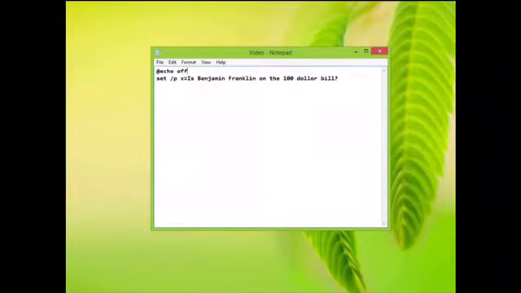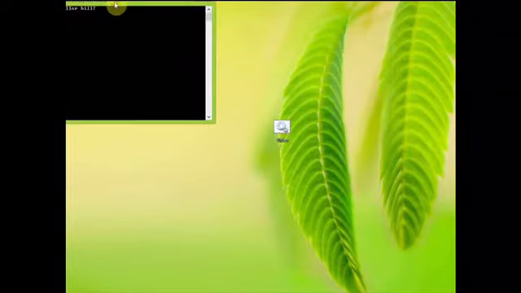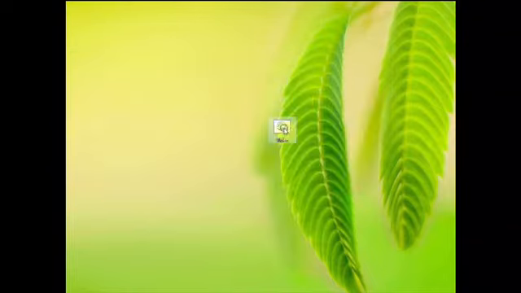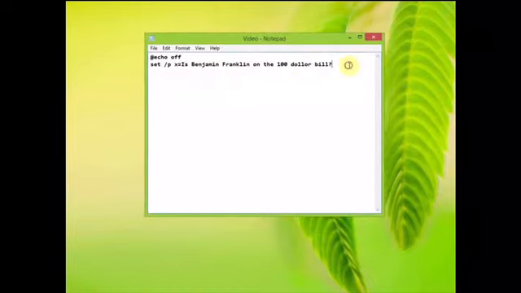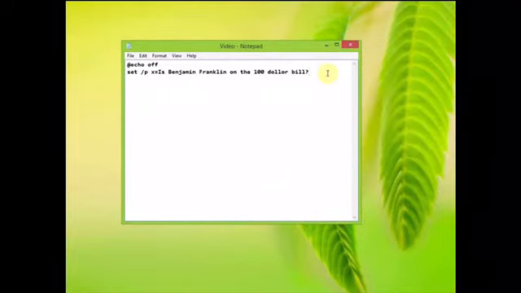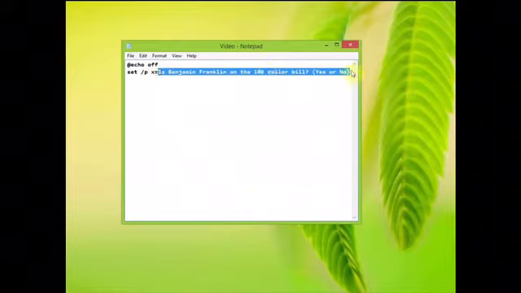We'll do echo off. So we'll just check it out from here. We should be able to put in whatever we want, and nothing should happen. But here is where the if statement comes in. The if statement could be used to say, is Benjamin Franklin on the $100 bill? It's either yes or no. So now this is a question that we could use the if statement for. There are two different answers in this statement: it's either yes or no. You can't really have an in-between answer.